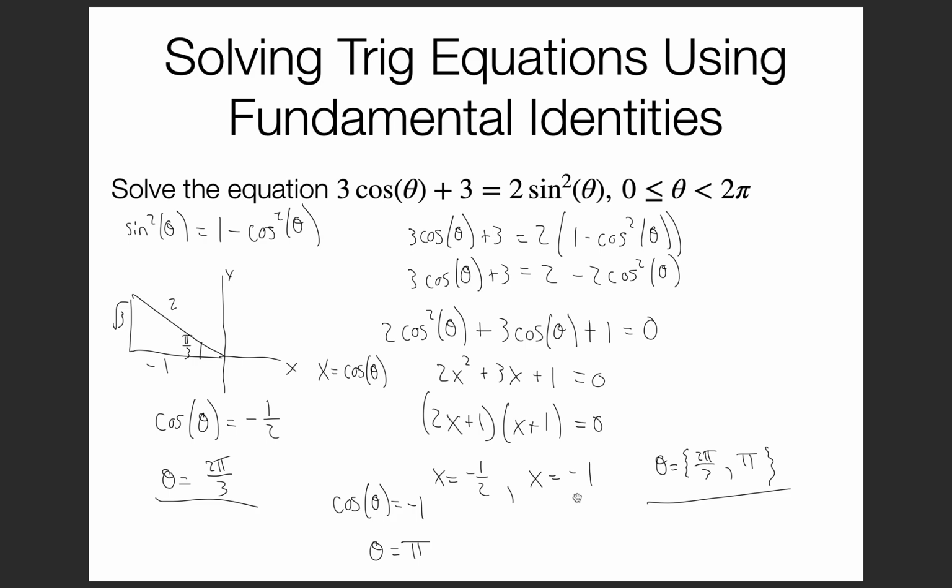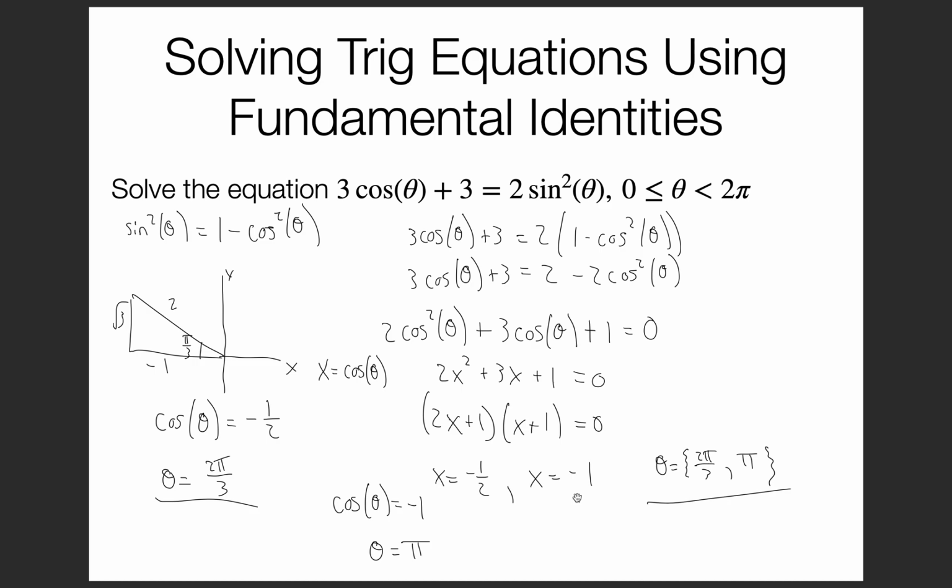Now, I can rewrite that as I did over on the left side at the top of my work. I can rewrite that sine squared of theta is equal to 1 minus the cosine squared of theta. Okay, so that's just a rewriting of the fundamental identity. And I did that because I want only sines or only cosines. And it was probably easier for me to get rid of sine squared than it would have been to get rid of just cosine. So I replace sine squared